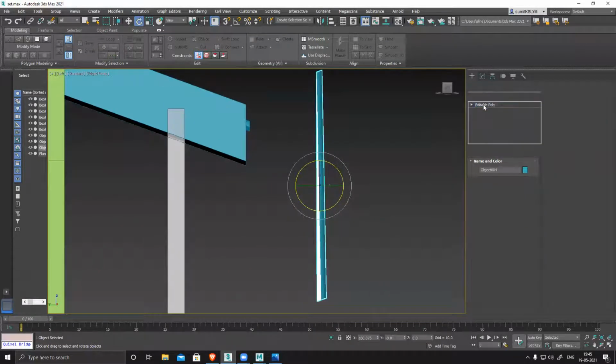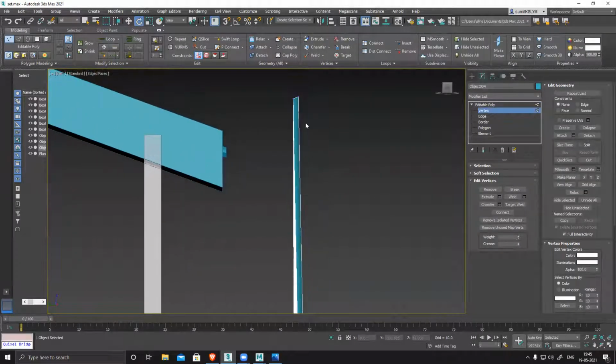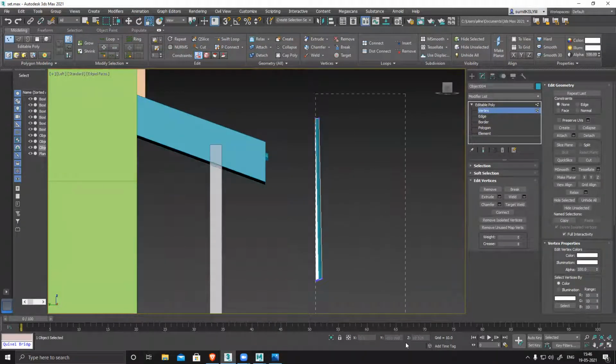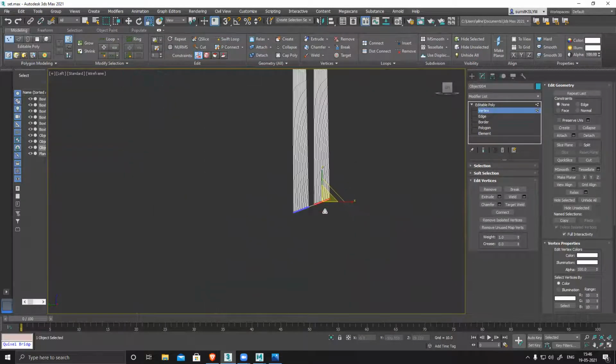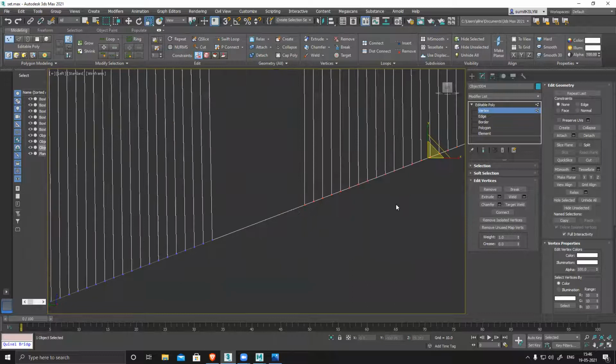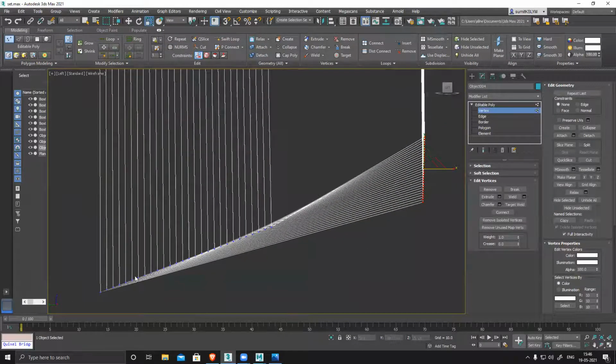Now to fix this, to make it look perfectly straight, make it straight.